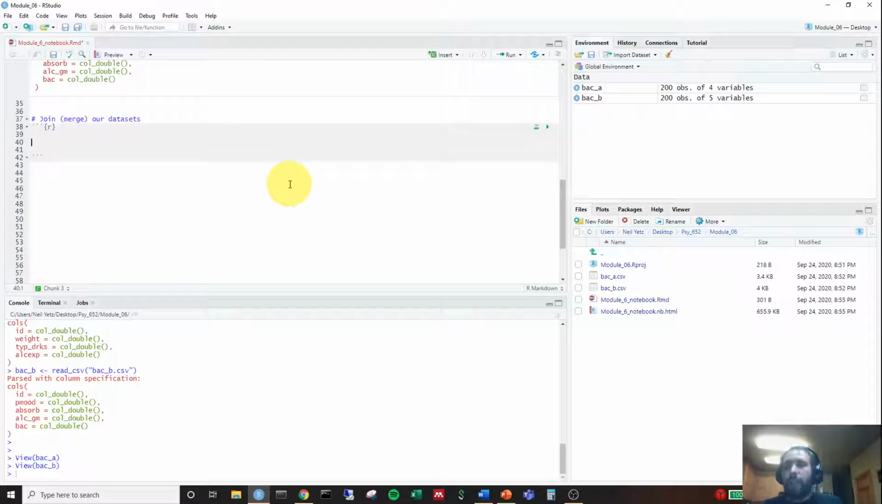So what we're going to do is name a new object. I'm going to name it BAC_joined. And then I'm going to use an assignment operator to save it into a new object. Then we're going to use the function left_join. Then we do our left data set. I'm going to say BAC_A is the left data set, comma, and then our right data set, which is BAC_B. Then we do comma, and then we say by equals, and in quotation marks, it's whatever